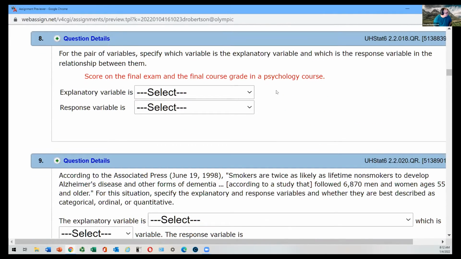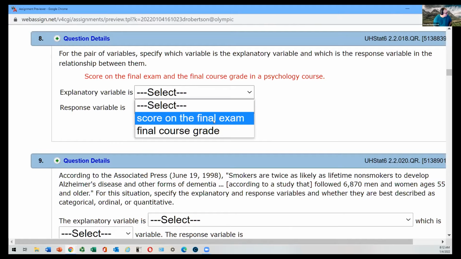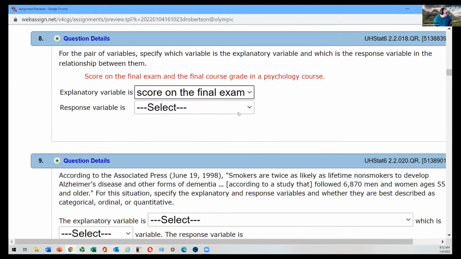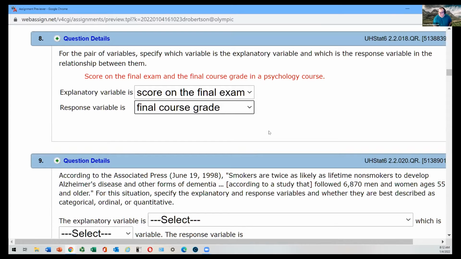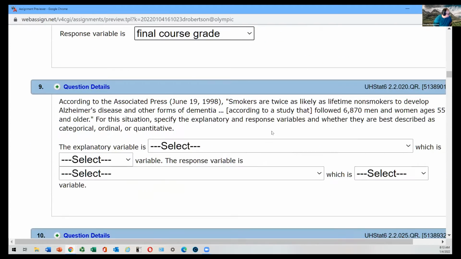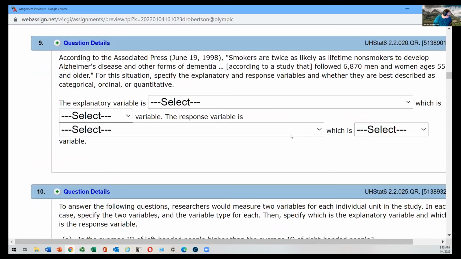Oh, here's one where you get a little pull down. For a pair of variables specified, so the score on the final exam and the final course grade, well, we did this one. They just phrased it in a different way. So that goes there, and that goes there. I think that's getting you a different way of answering the question. Okay, here's